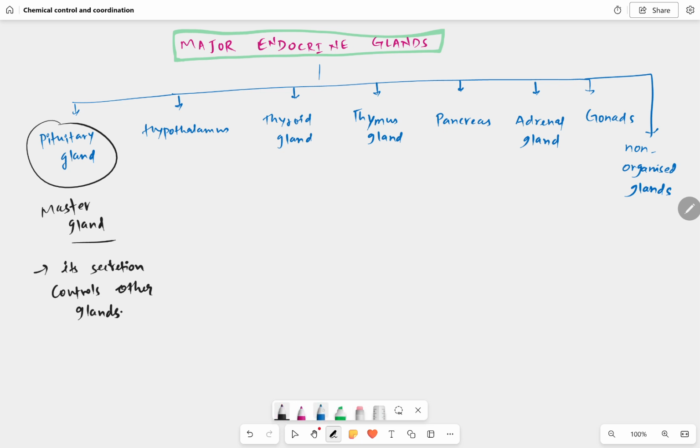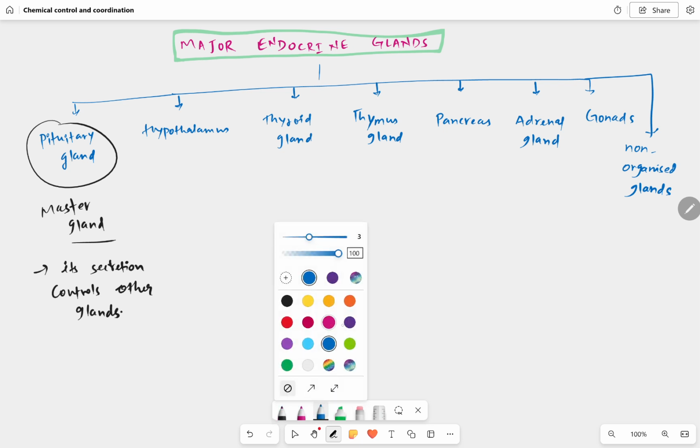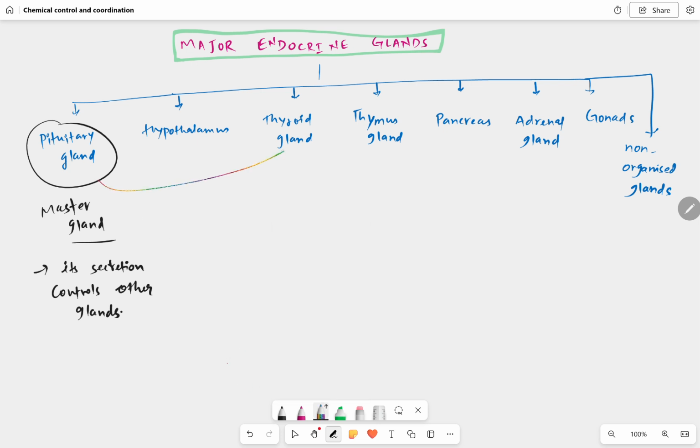So after the secretion of this pituitary gland, it was seen that the pituitary gland secretion is controlling the activity of this thyroid gland, controlling the activity of this thymus gland,